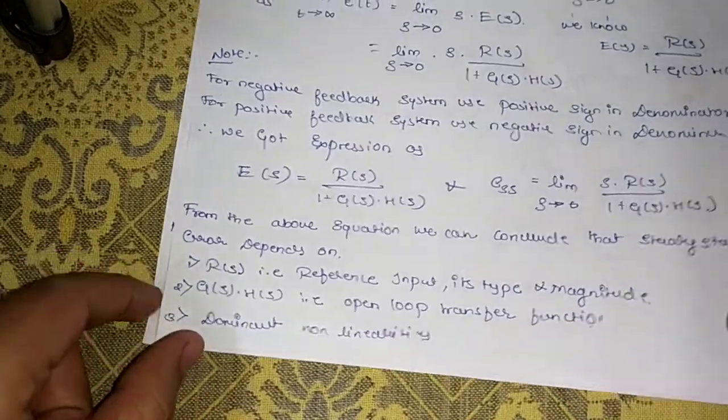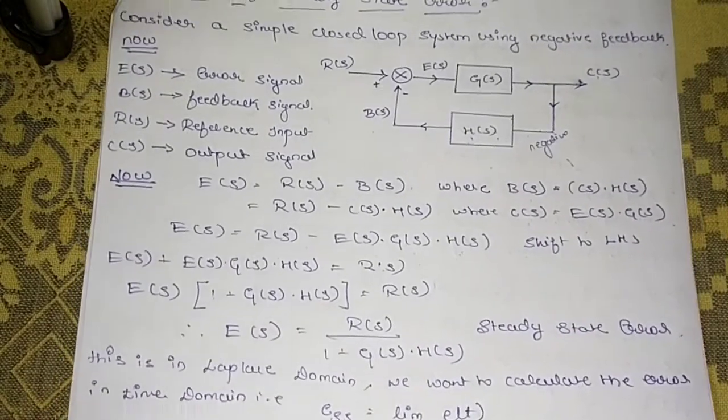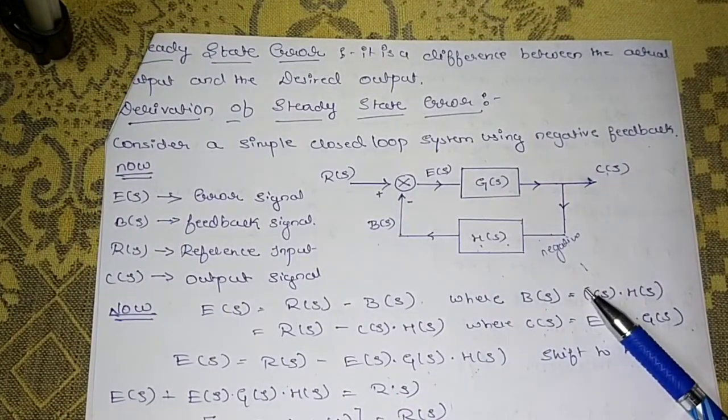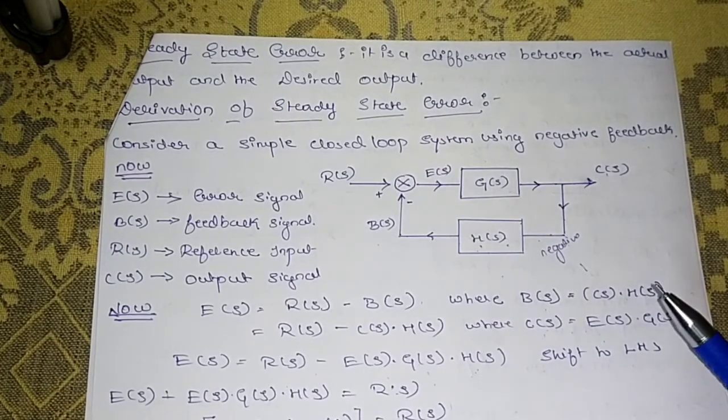This is a very simple steady state error derivation and easy to remember also. I will give you a PDF of this copy so that you can refer to it and learn easily. It is a very simple topic, just a substitution and getting the answer, and the main thing is you should know about the final value theorem and block diagram representation.